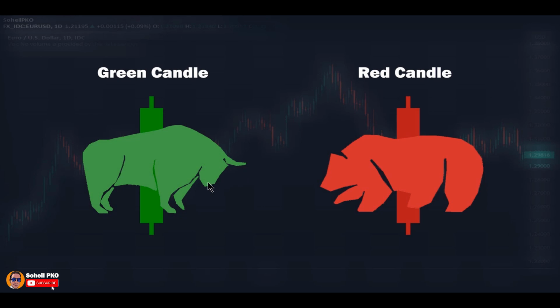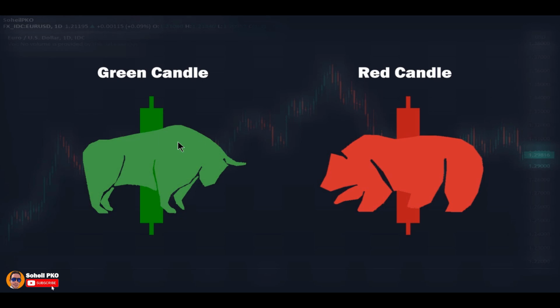Trading is very similar to fighting, a battle between bulls and bears. Bulls push the price up and bears push the price down. It's actually a fight between buyers and sellers, or in other words, supply and demand. When more and more people are interested to buy, this causes the demand to exceed the supply and the price goes up, and the bulls become the winner of the fight. And when more and more people are interested to sell, this causes the supply to exceed the demand and the price goes down, and bears take the control of the market. Always remember that the price at any given time is the result of the battle between buyers and sellers.